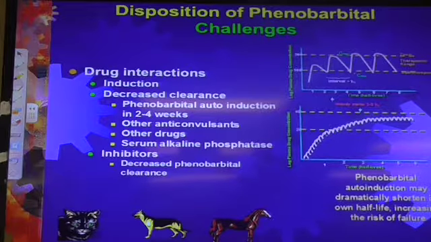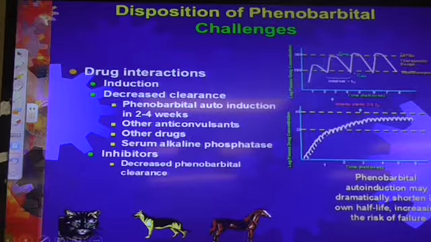Yeah, we're going to look at the rest of the blood work. We're going to look at the ALT, if it's increased, if the bile acids are up, if the albumin is down, if the blood urea nitrogen is down. Those are all indicators that the liver is sick, and yep, phenobarbital might be doing it. But we can't just look at the serum alkaline phosphatase because that is induced along with the drug metabolizing enzymes. Is that making sense? And this is very real. You will see this in animals that are on phenobarbital.